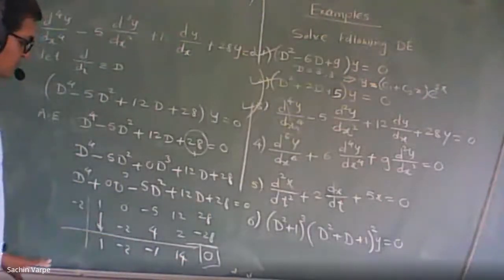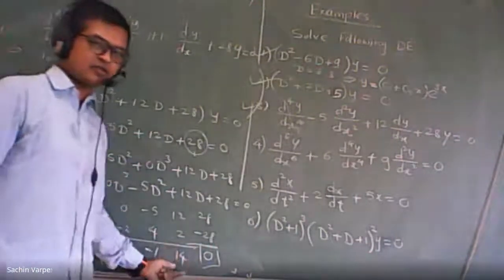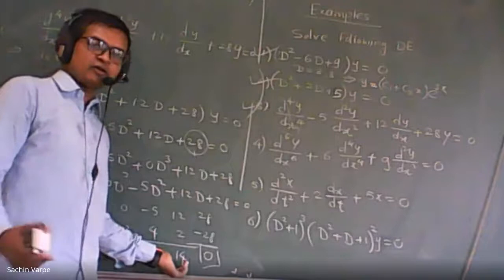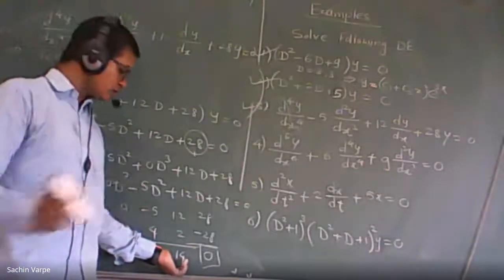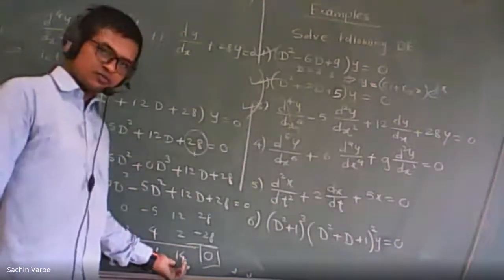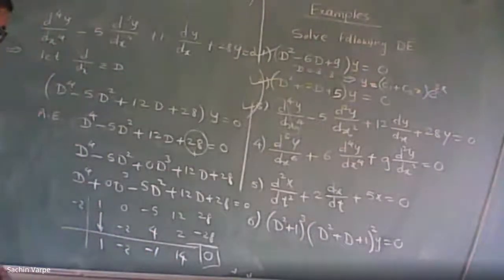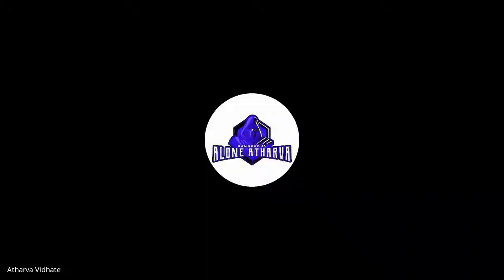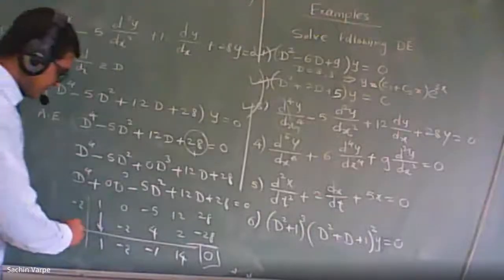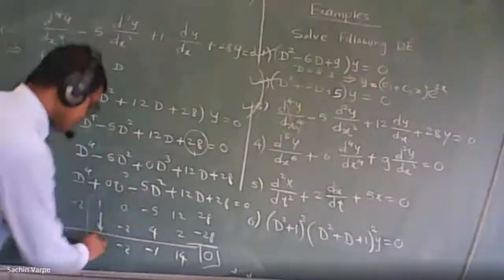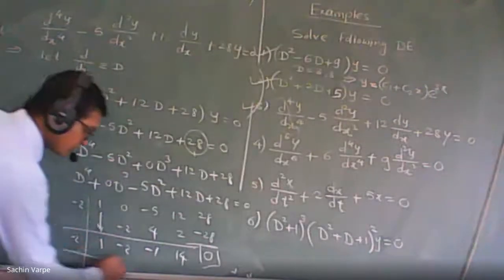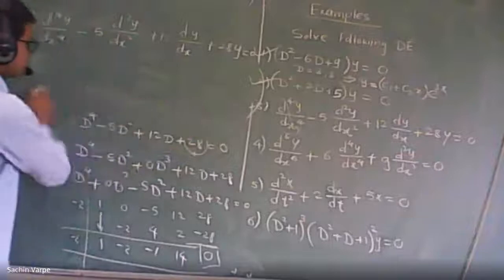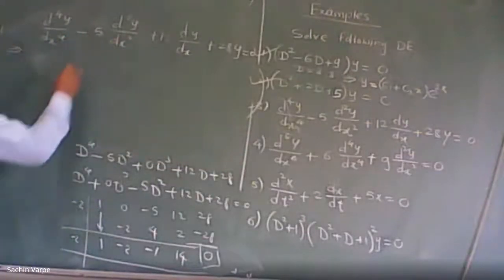Then in that case, we have to check the divisors of the constant term. That is 14. So the divisors of 14 are 1 and minus 1, which we have already checked, then 2 and minus 2. So let us check 2. Is 2 a root for this? Let us check minus 2. Okay, minus 2 is the root. So let us proceed with minus 2. Okay, the screen is not visible maybe. Okay, with minus 2.